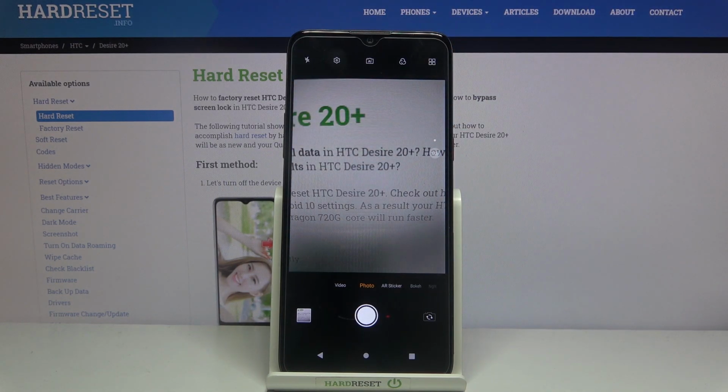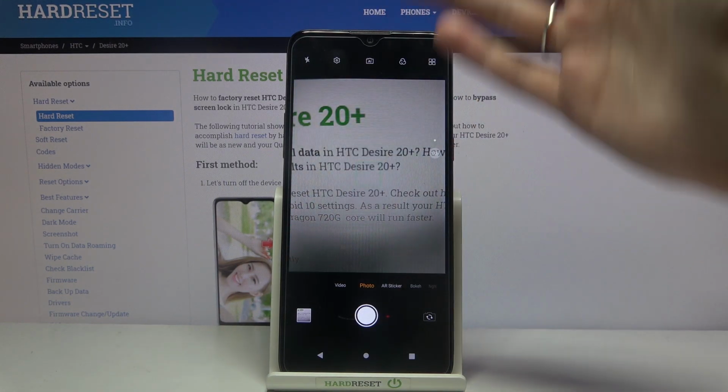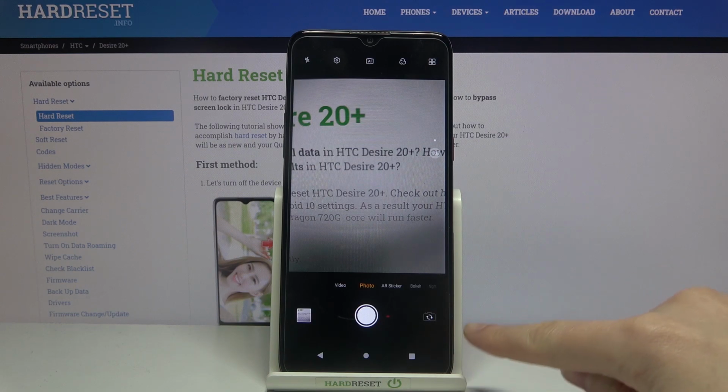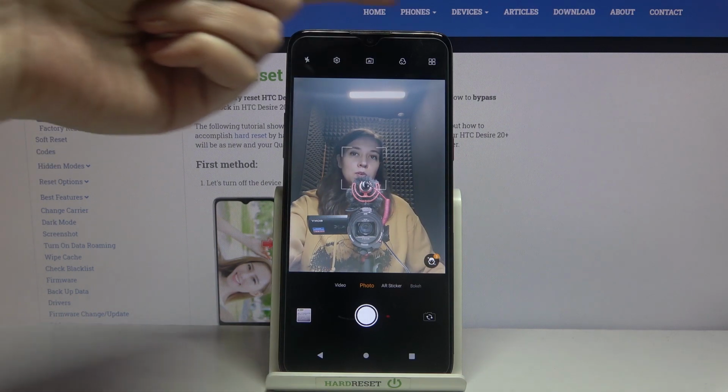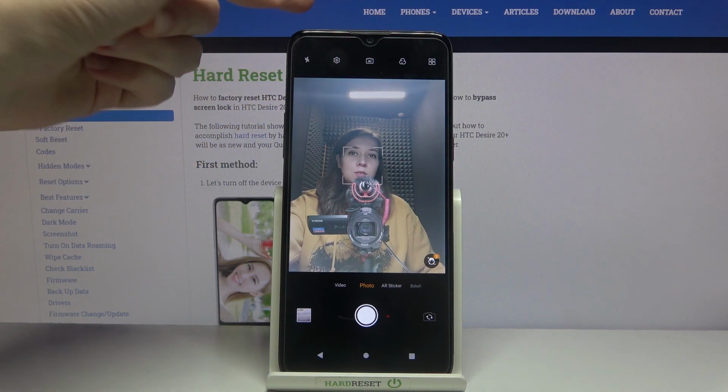To get access to the mirror effect we have to change back camera to the front one. Let's do it by tapping on this button from the right. So hi again, and now let's move to this settings bar and tap to the second from the left button